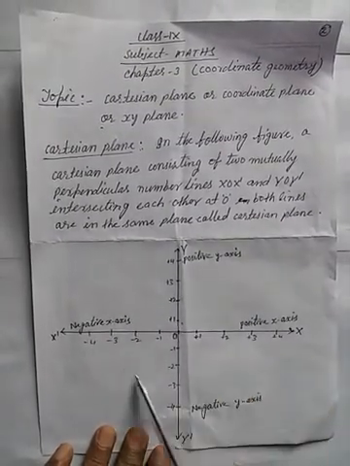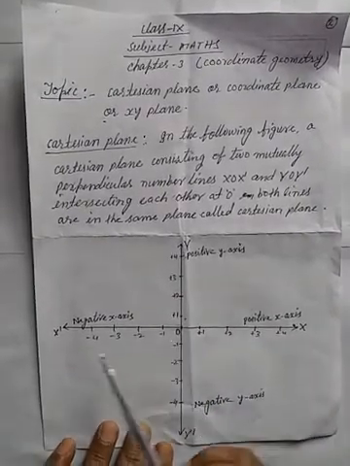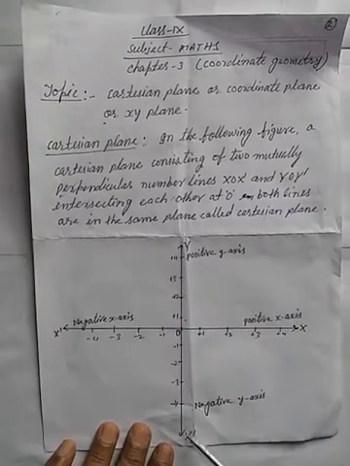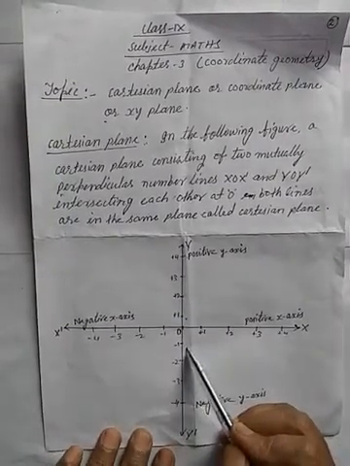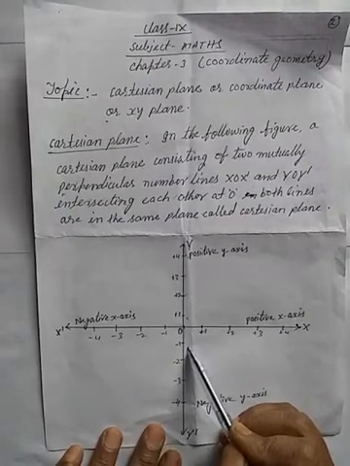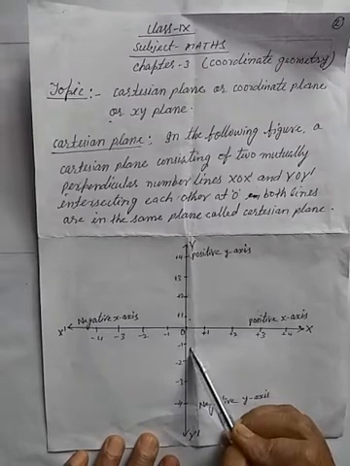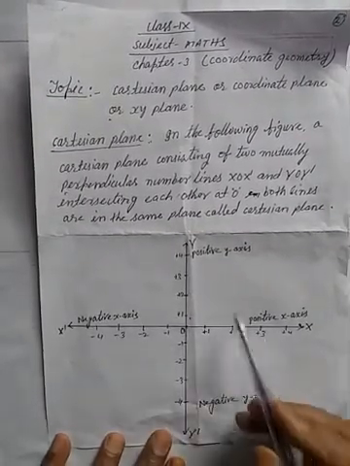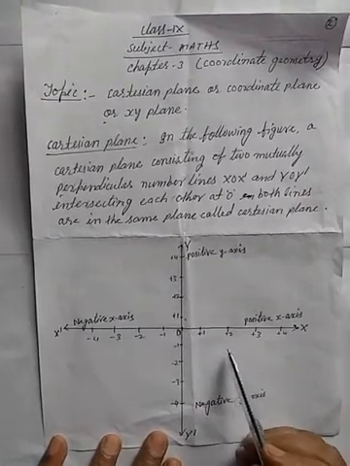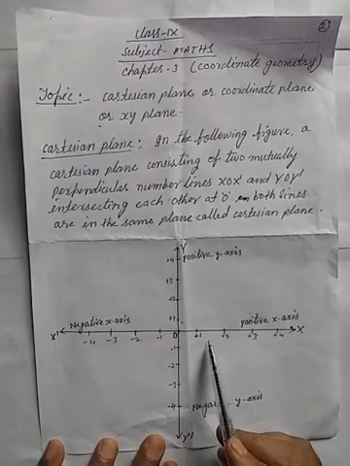So this area is called the Cartesian plane because XOX' and YOY' lie on the same plane. In this way we can say that this is the Cartesian plane, or coordinate plane, or xy plane. Okay students, you have to find out like this from other examples, and you can also take the point marks on graph paper.